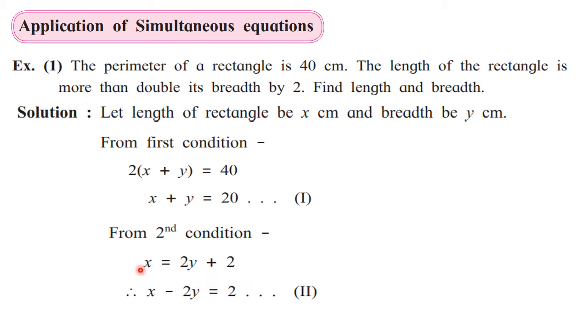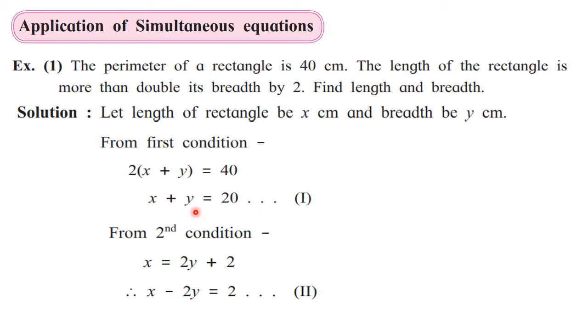Now this equation is not in the standard form, that is ax plus by is equal to c. So you have to write it in the standard form if you want to solve it by using the elimination method or by using Cramer's rule. You can use any method as I have said. Somebody can use the substitution method also. That means this equation is in the form of x is equal to the terms. So these two terms you can substitute here and directly you will get the value of y. So that method, the substitution method, will also be useful here.